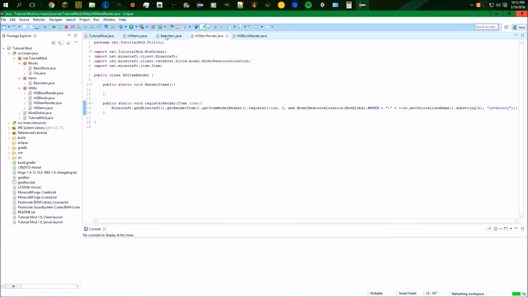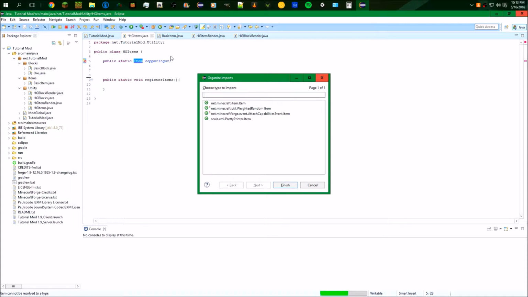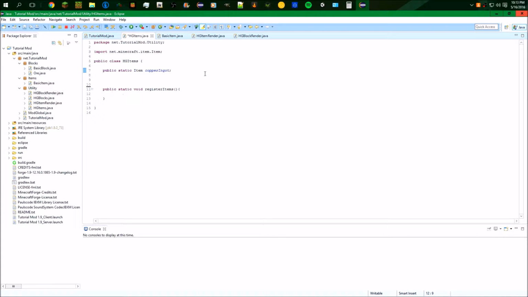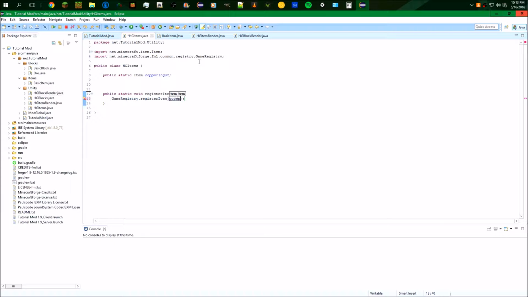Alright, so we're gonna come into items and we're gonna go public static Item. We're gonna go copperIngot. We're gonna import net.minecraft.item. Alright, so now we have to register it. So we're gonna go GameRegistry.registerItem, copperIngot equals new BasicItem,